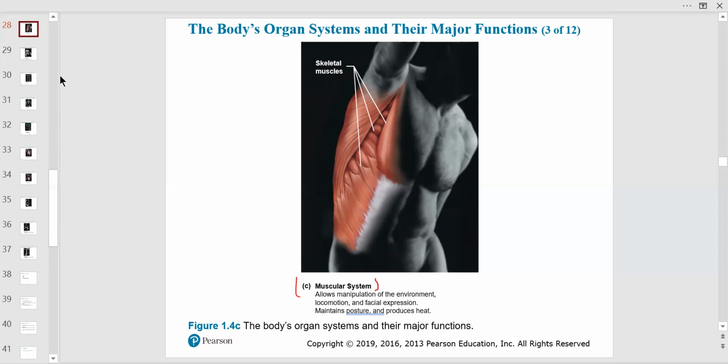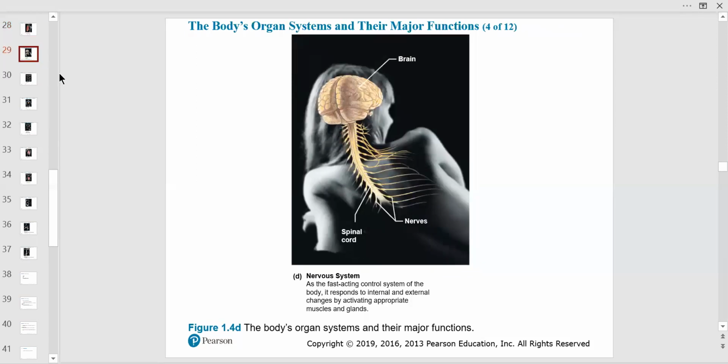But of course, muscles move our joints. It moves our bones. It keeps us moving, which is a big part of life, is movement. Helps us get blood back to our heart, actually, which you're going to see in cardiovascular. So skeletal muscles have to pump. You have to move. And of course, it contracts. And we'll talk a lot about the muscle system.